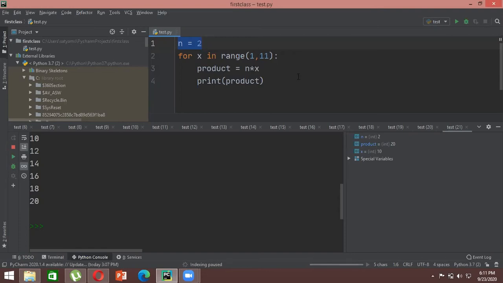So in that way, you also have to keep on updating the product as well. The x here will remain the same because it will keep on taking it from this particular range only. But you have to update the product also. You can't update the product like we were doing in previous examples, like product plus equals 1, because the very first time we got a product as 2, but if we update it as product plus equals 1, it will make the value of product 3. We don't want that. We only want 2 as a product, and then in the next step we multiply it with the product itself.